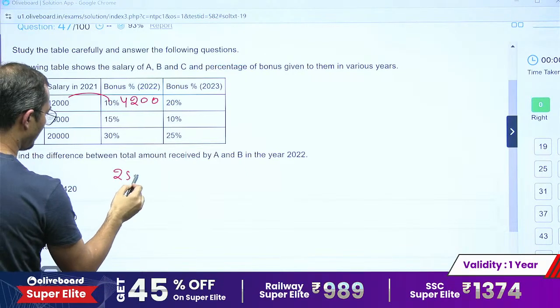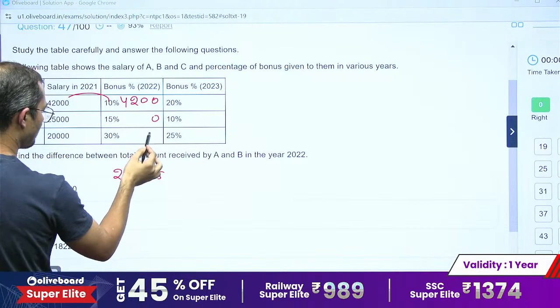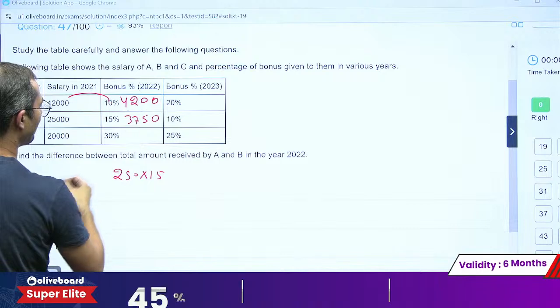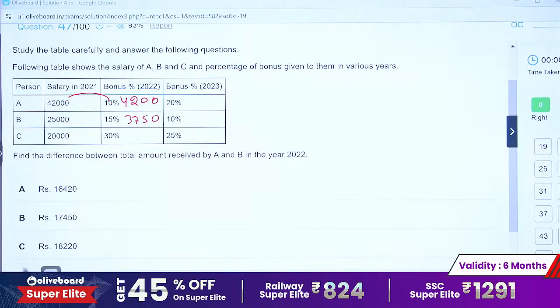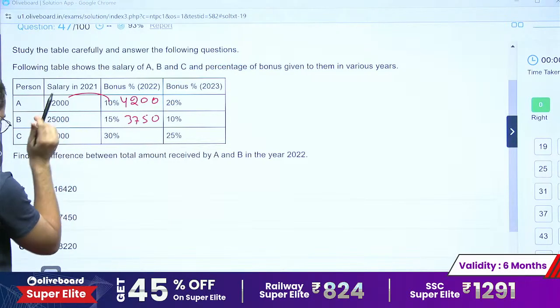See, 250 into 15, right? So 0, just 3750, right? So we have to calculate the difference. See, we have to calculate the difference. So difference is how much? So we can say that the difference is going to be,